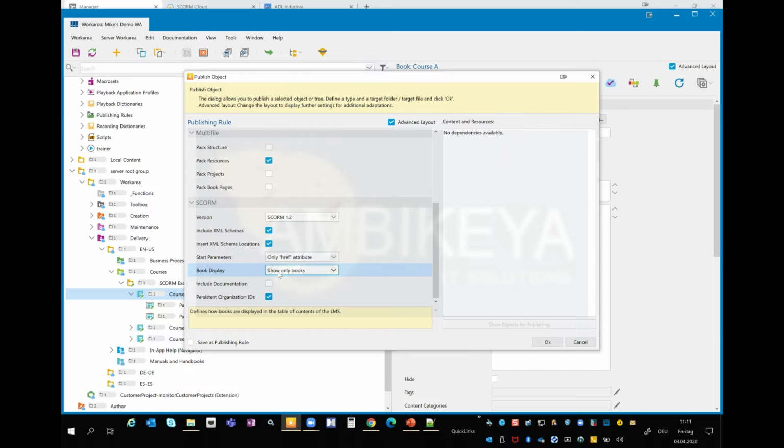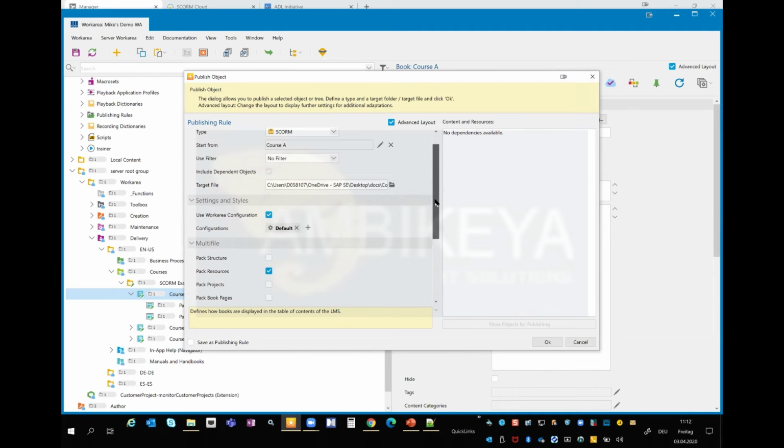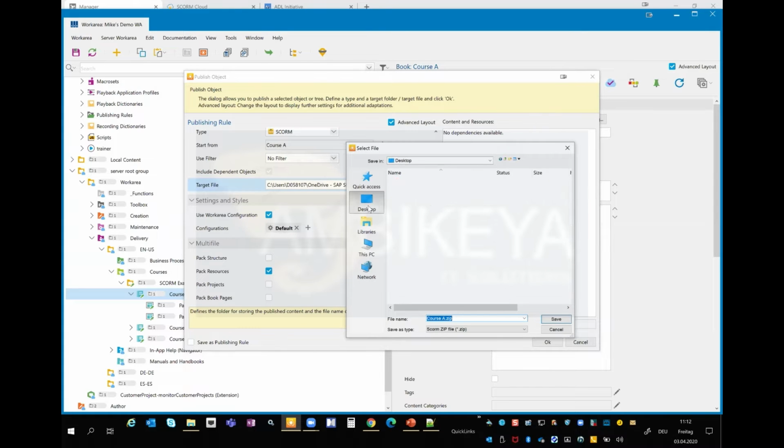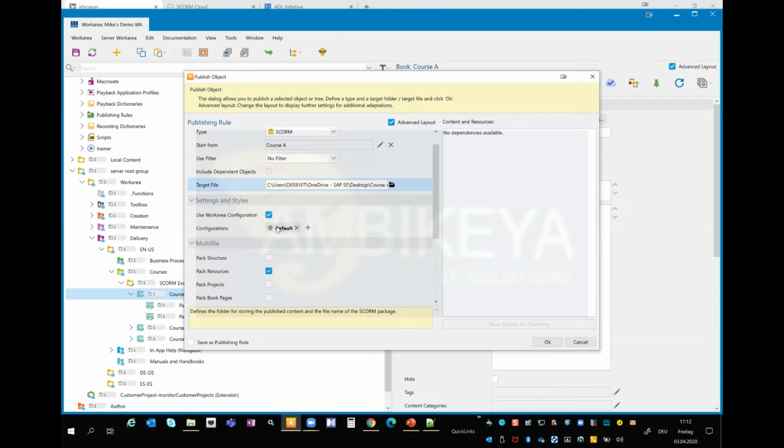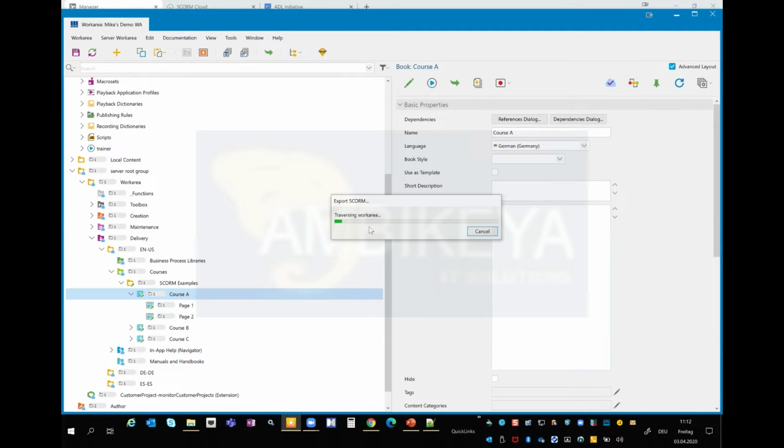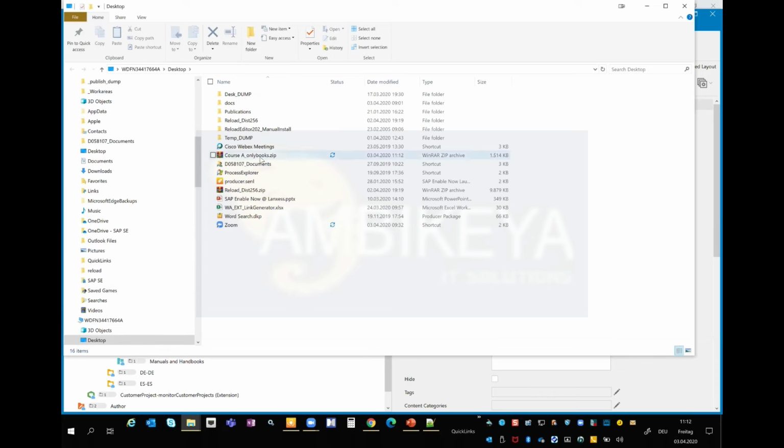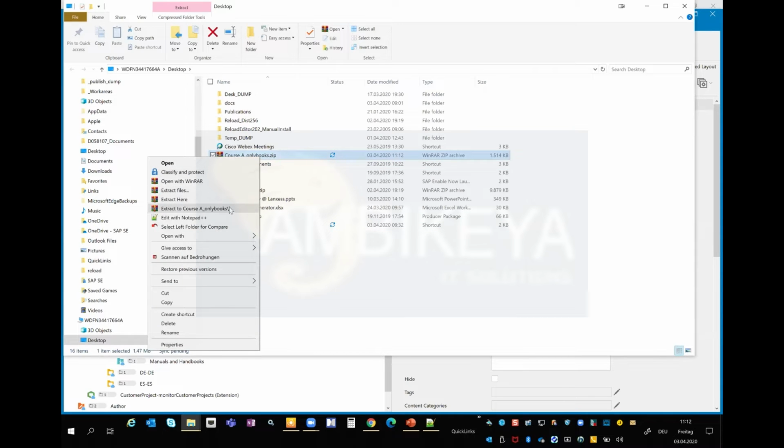And I just want to give you an idea about aggregation and SCO management. So show only books, okay? And then at that level, I'm choosing a certain target folder. I'm using my desktop and call it course A only books, as a zip file to my desktop with the default configuration and packed resources. And this is now opening it. And if I'm opening the folder, we will have access to it. Course A only books, extract,